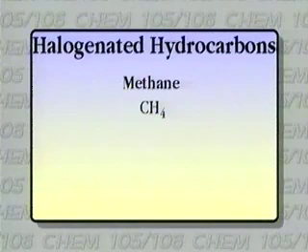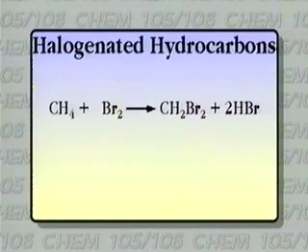Well, let's start with a very simple hydrocarbon, the simplest one that we had in the table that we looked at for alkanes, CH4, called methane. And as I mentioned, that is sometimes called marsh gas, and also that's the major constituent of what we refer to as natural gas. All right, if we take methane now and react it with, let's say, bromine, we can form a product